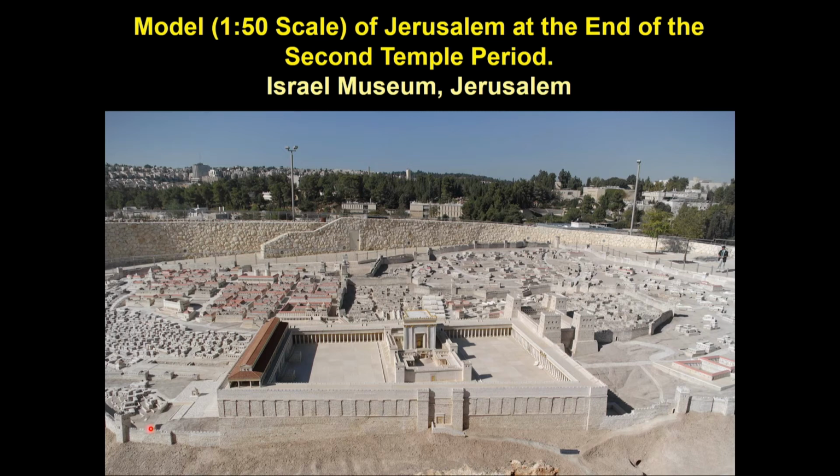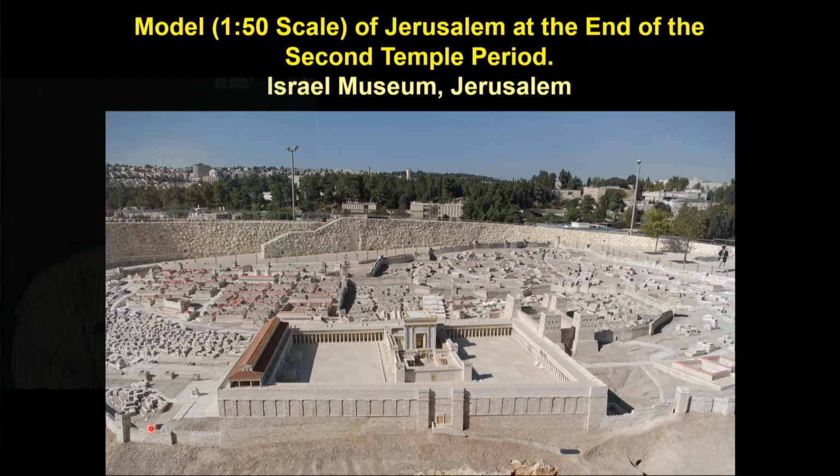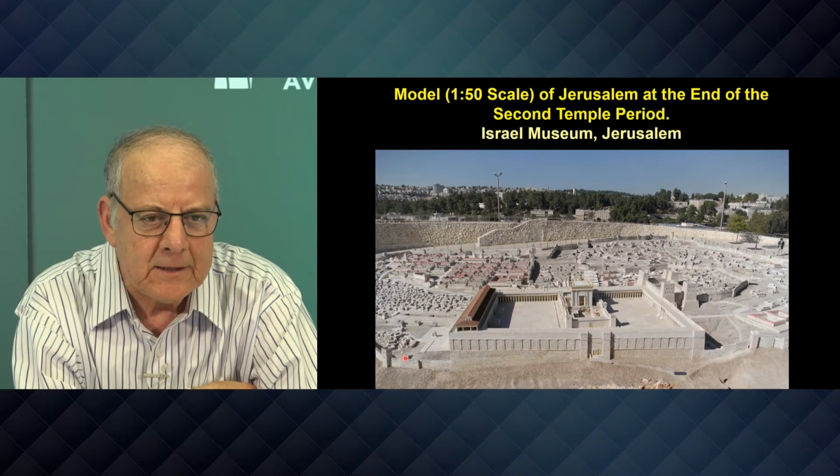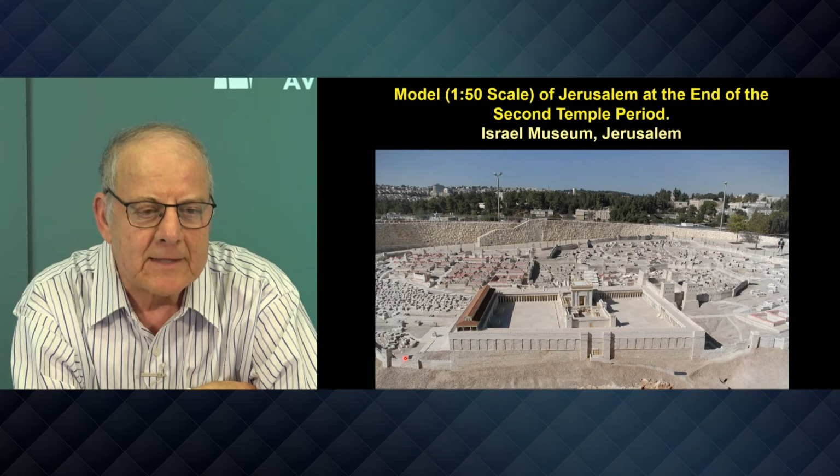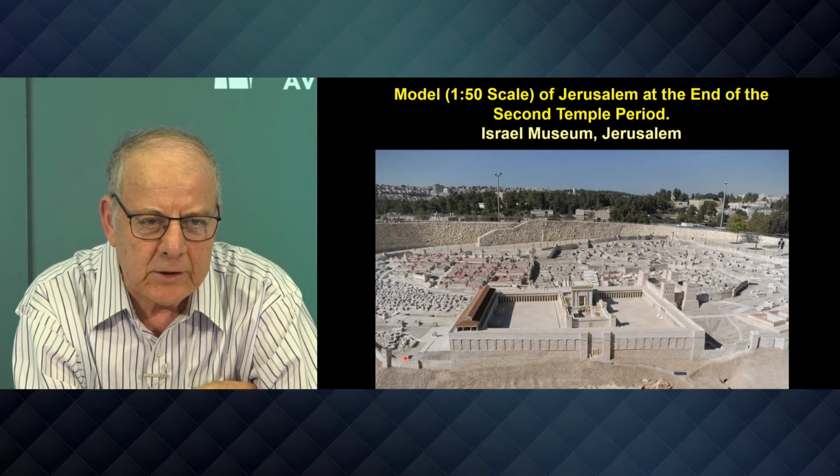We are looking at the model created by Professor Michael Avi-Yonah, my first teacher in classical art, who passed away many years ago, who built this model in the 1960s in the Holy Land Hotel, and today it is in the Israel Museum. I think many of you know it. It's just before the year 70 AD. It represents Jerusalem at its height, as I said, just before the destruction,